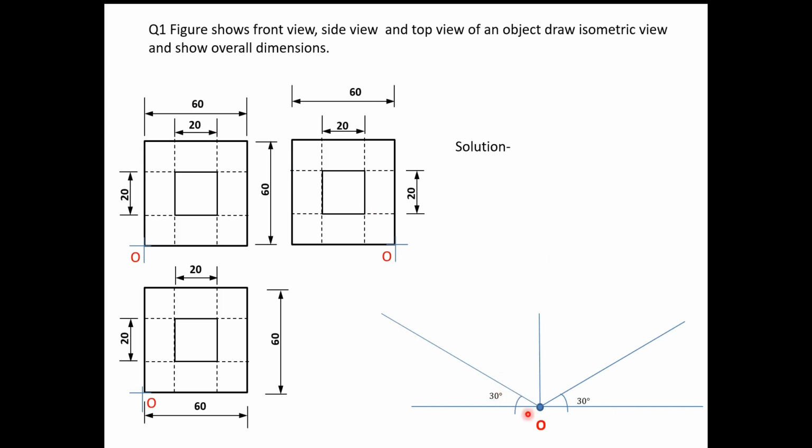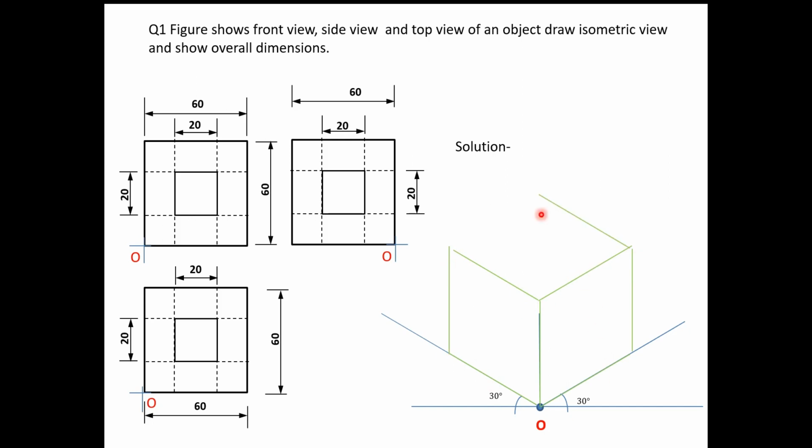So here if you see from origin on the left side there is 60, so I'll mark 60, height 60, so this is 60, again this is also 60. So we will complete this 60, again draw this 60 mm height, again draw this line parallel to this isometric line. Okay, again here right plane also we have to complete 60 vertical, and this edge is parallel to this